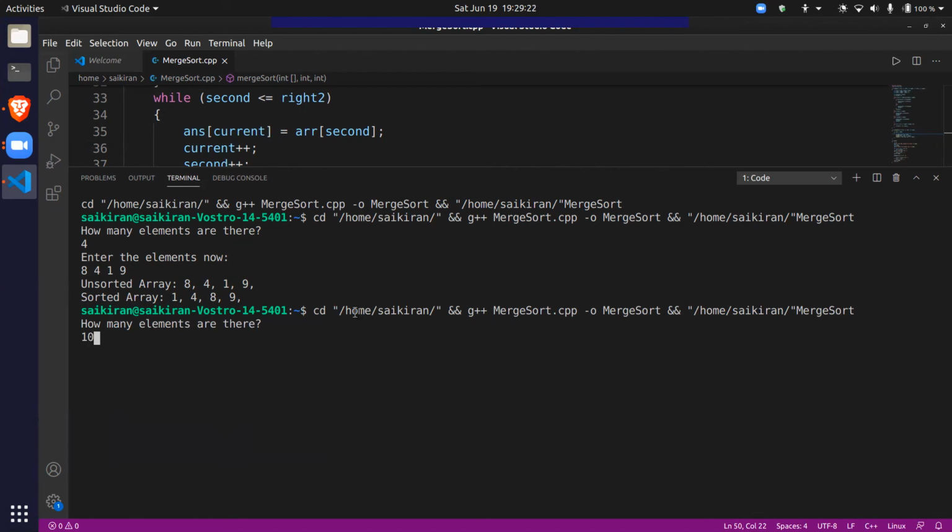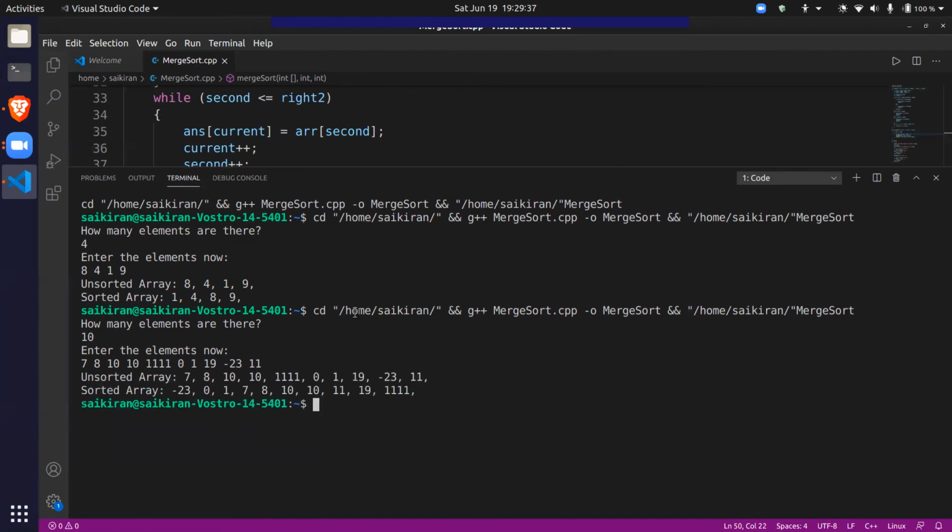Let's take 10 elements. 7, 8, 1, whatever. Doesn't matter. Negative 23 and 11. Do you see the answer? It's working now. So this is how merge sort works, guys.